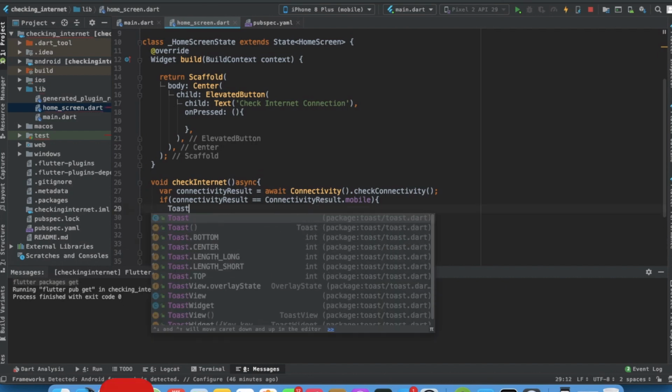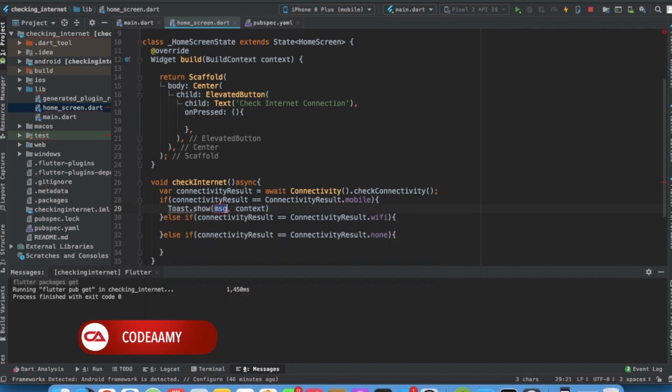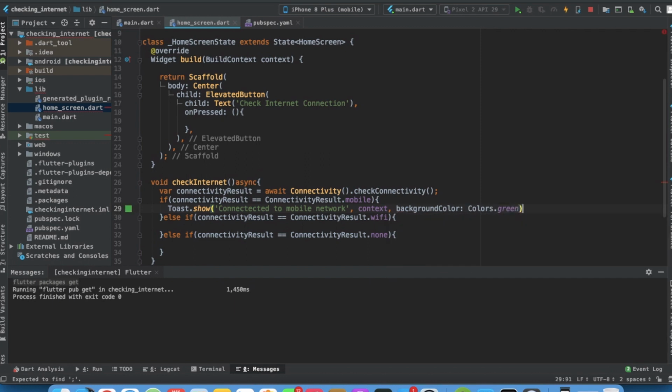Okay, now let us create a toast over here. So Toast.show, and I will write connected to mobile network. The context will be our context, and I will give a background color of green, so that we will come to know we are connected to our mobile network.